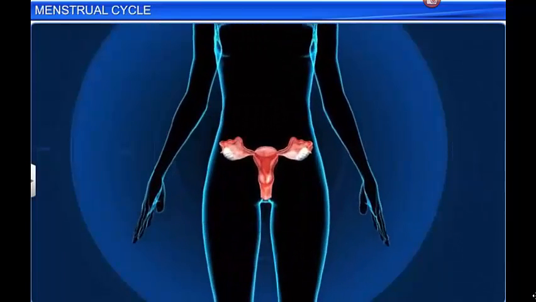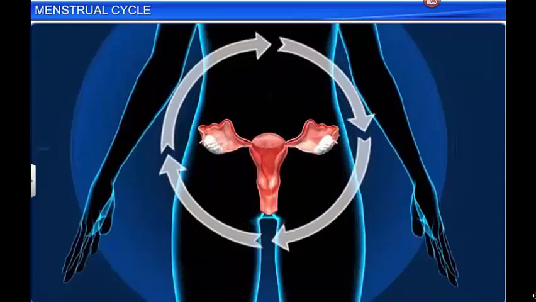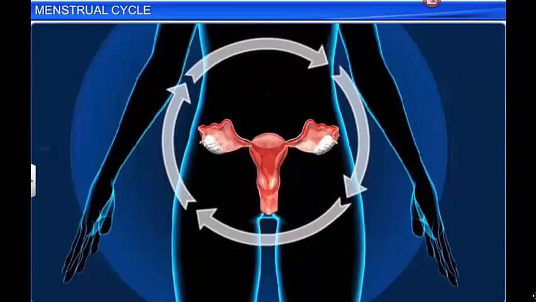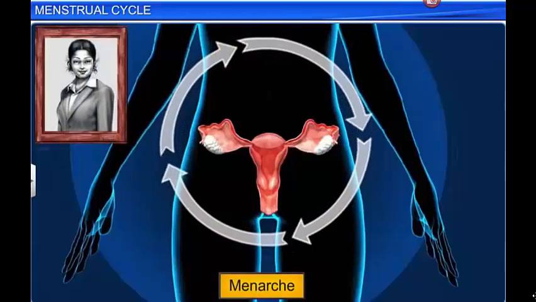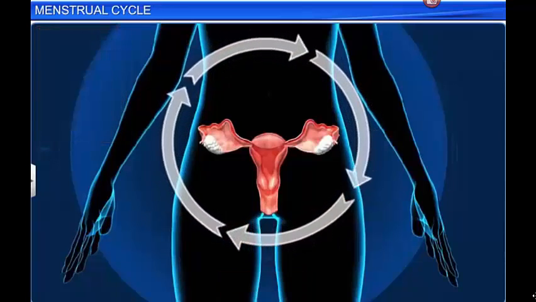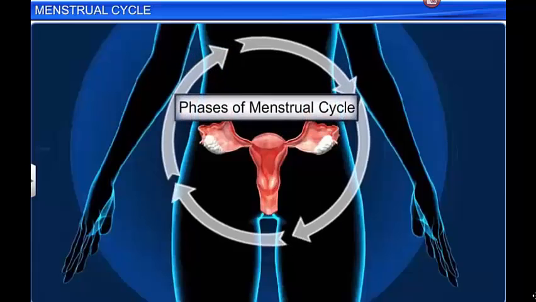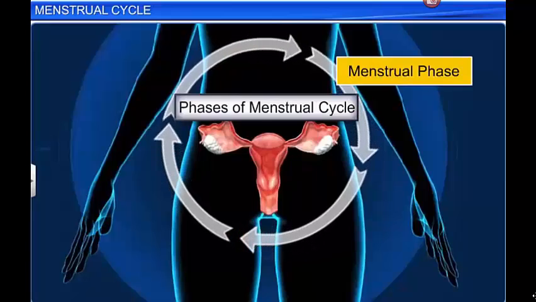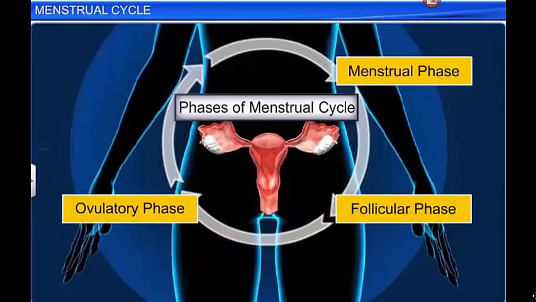The human female, for instance, experiences the menstrual cycle, which is a cyclic change in the genital system during the reproductive phase. Incidentally, the woman experiences the first menstrual cycle, called the menarche, at the onset of puberty, usually between the ages of 9 and 12, occurring approximately every 28 days. A single menstrual cycle consists of four phases: the menstrual phase, the follicular or proliferative phase, the ovulatory phase, and lastly the luteal